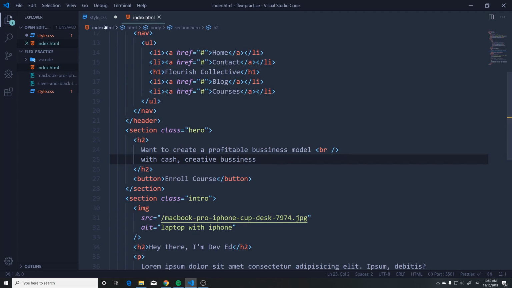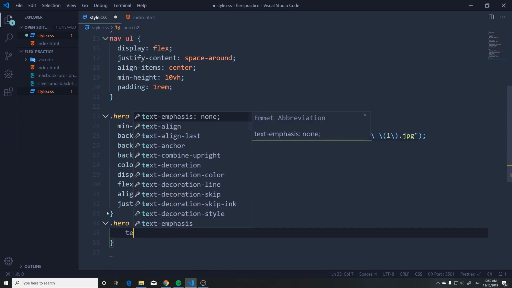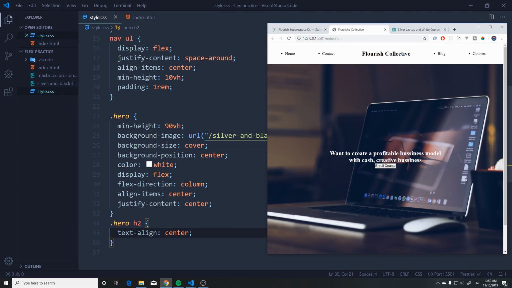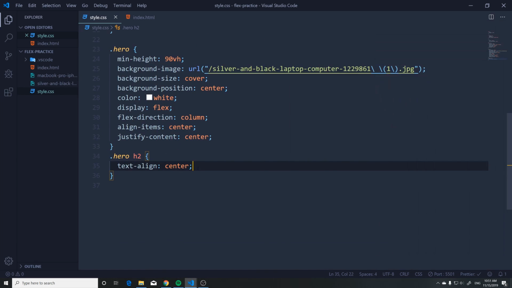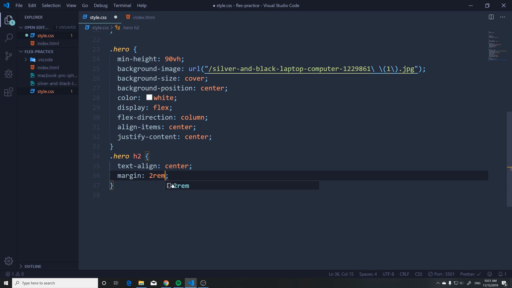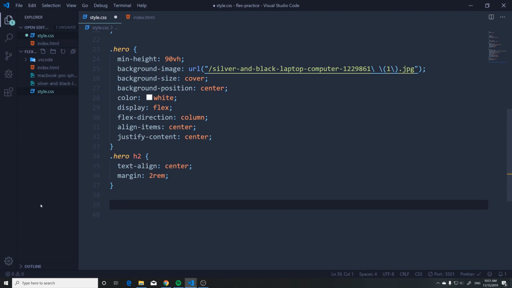I believe we have a H2. We can grab this and we can add a text align of center. And now everything is very nice. All right, what we can do is just add a bit of margin to this. So we can say margin of 2 rem. Let's take a look. Is that okay? That's okay. Perfect. Let's get this button, add a bit of height, add just a bit of padding to it,